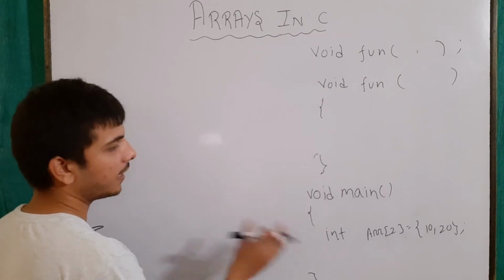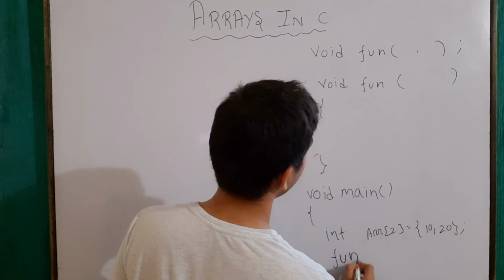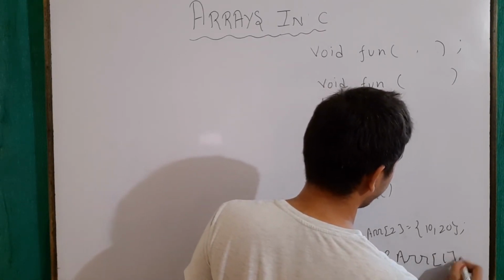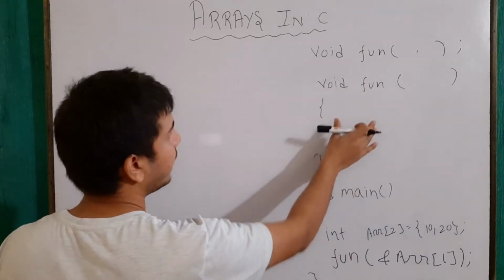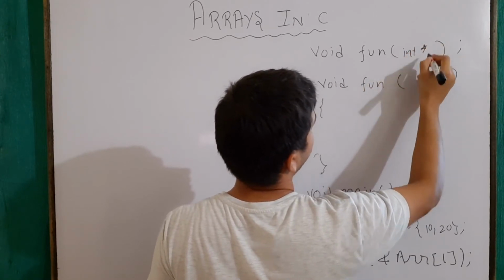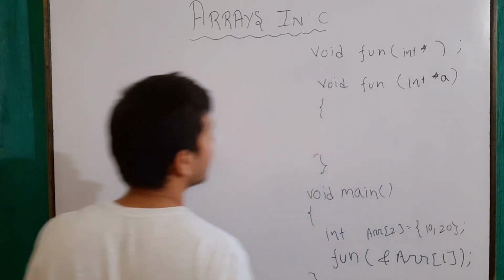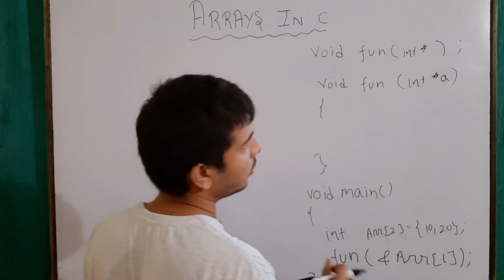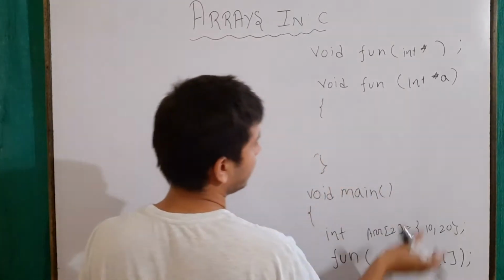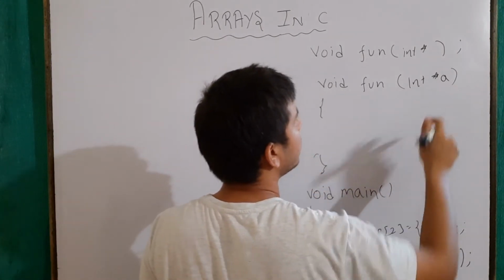Now let's say we want to send the array elements using the call by reference method. What will I do here? Here I will call the function and send the address of that particular element. Let's say the element was the second element. And here I have to use pointer variables. So here I'll write int * and the name of the variable with an asterisk. We talked about pointer variables a lot in our pointers section, but for now consider that here I am sending the address and this variable is pointing to the same location.